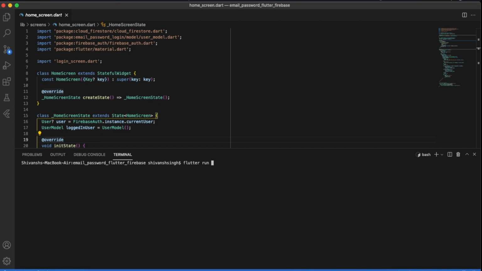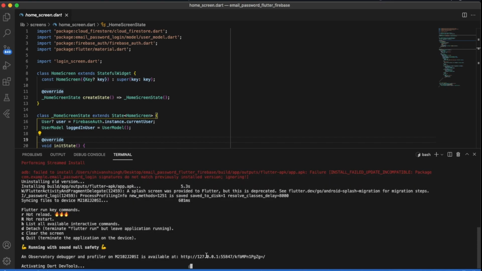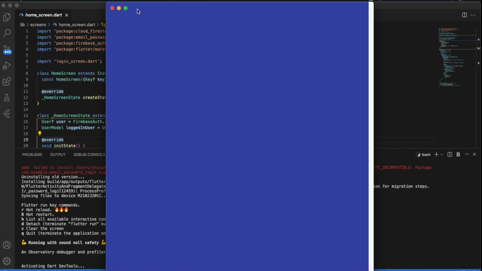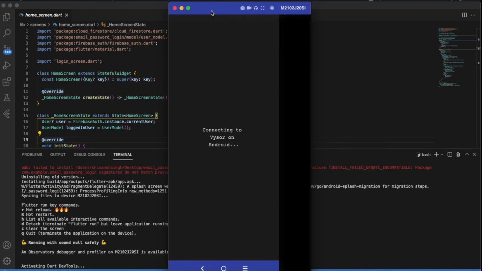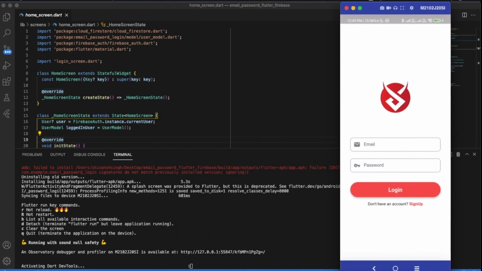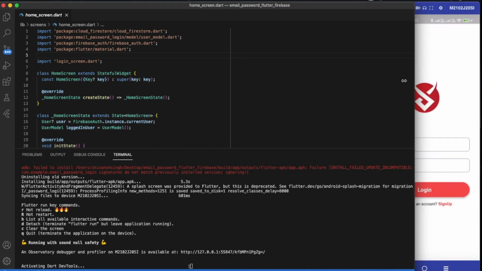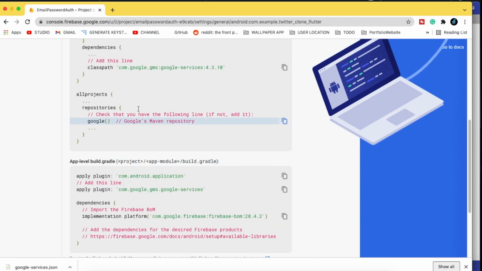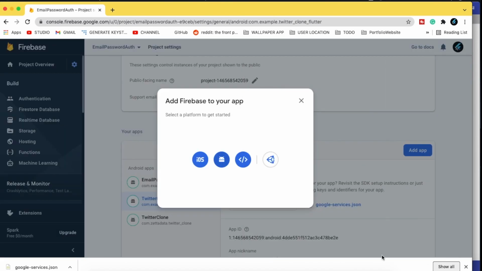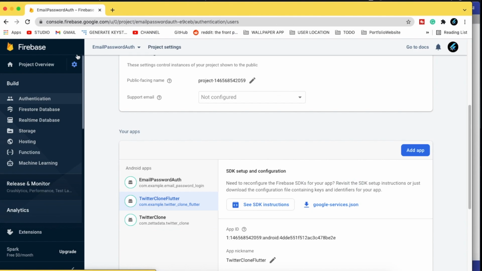Now let me run the application first. We'll write flutter run. I'll just wait for this to run on my device, and we will just speed forward the video. Here you can see we have the app successfully run on our device. Let me show you the screen of my device using Vysor. So let this open. Okay, so we got Vysor open. Let me just view device. I guess this is taking time. Okay, so here you will see we have Vysor opened on our screen. Okay, perfect. Now we'll click on next, continue to console, and this has added the application for us.